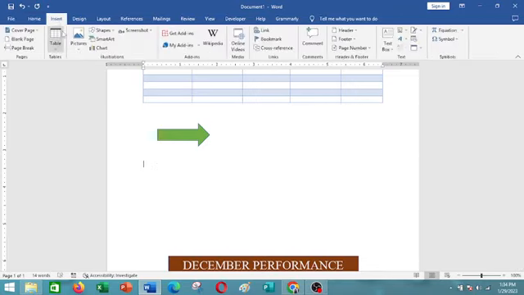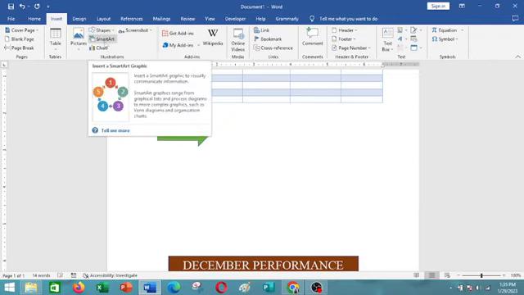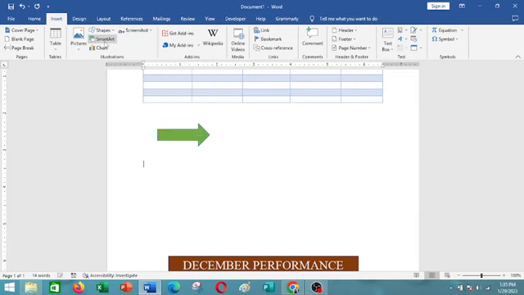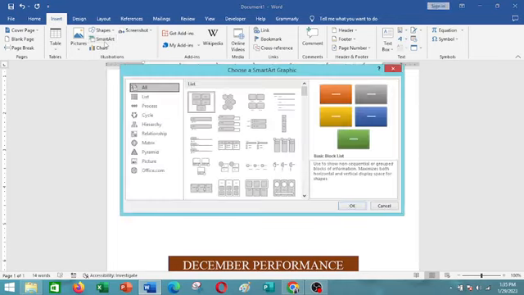I'll go back to insert. So we have looked at shapes. Now the next item we want to look at is smart art. Smart art are also good design elements in case you want to represent information visually, graphically. I would recommend these two for use. So under smart art graphic,